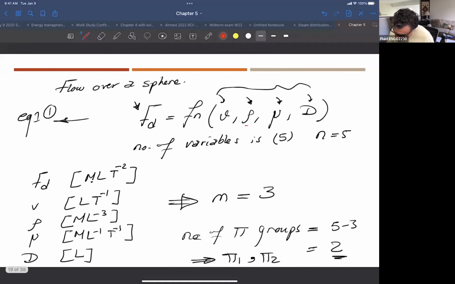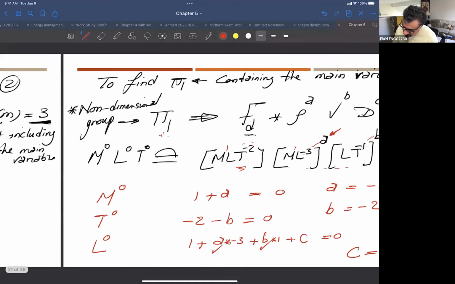Okay, we take rho, V, and D. Now we need a group that contains the rest of the variables. So now we have viscosity, right? We already took F_D and pi 1. Now we are going to take the viscosity to create pi 2,